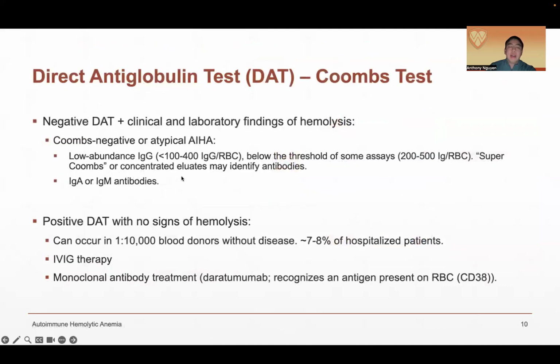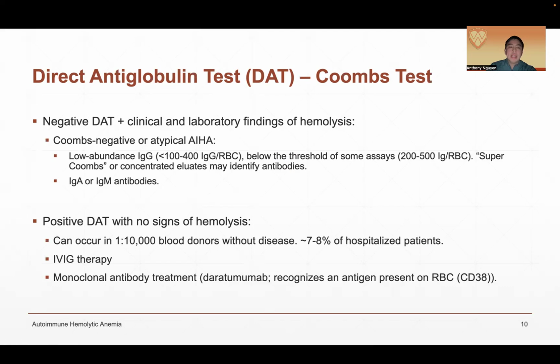So a negative direct antiglobulin test and a clinical laboratory finding of hemolysis can be consistent with a Coombs negative or atypical autoimmune hemolytic anemia. And this may be because the IgG antibody may be below the threshold of some assays. So sometimes we do send something called a super Coombs to a reference lab, and we do sometimes have positive